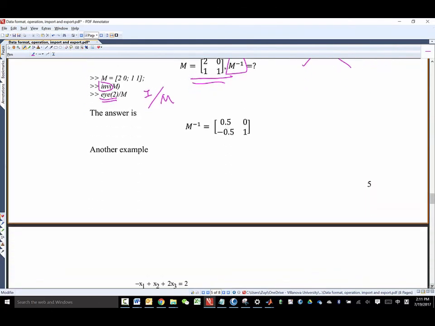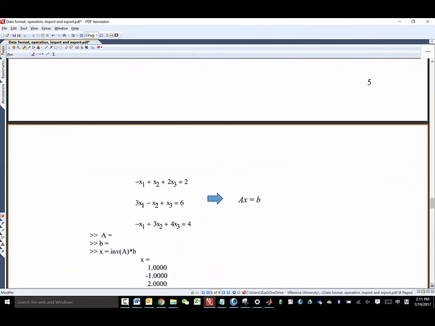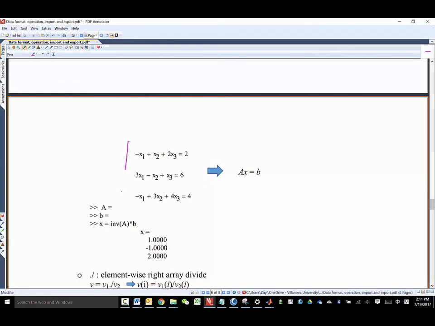The application of the matrix operation is very useful. For example, we could solve this equation, right? We want to get S1, S2, S3, so you could represent this as a matrix operation. So A equal to what? You can see for the first row